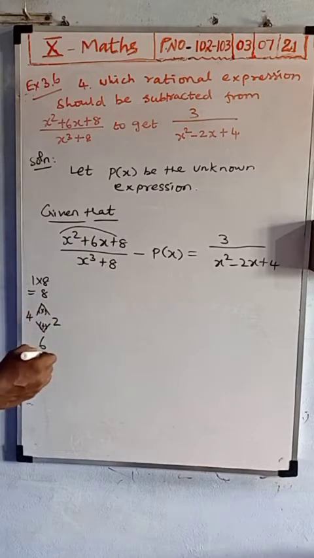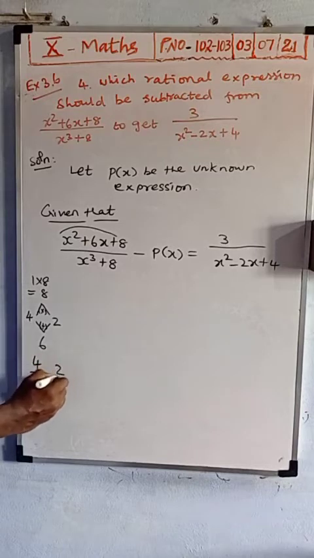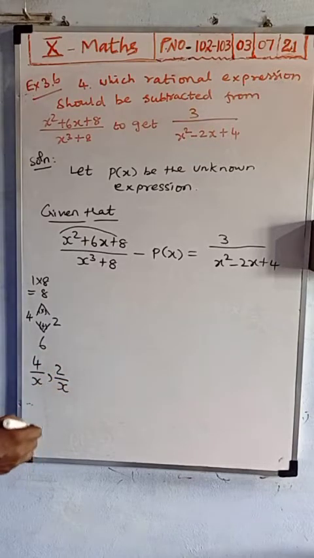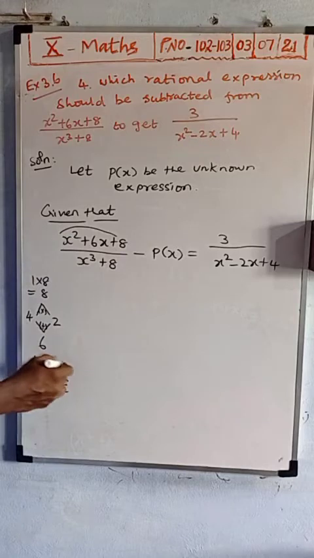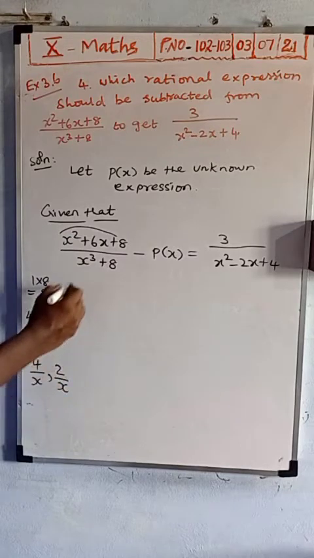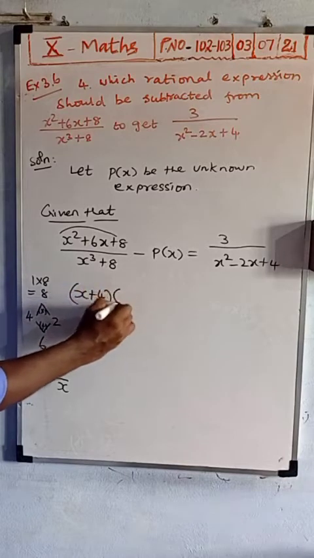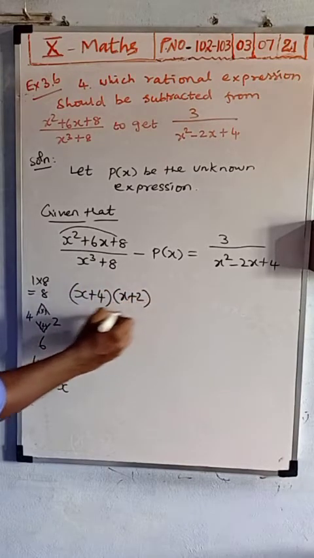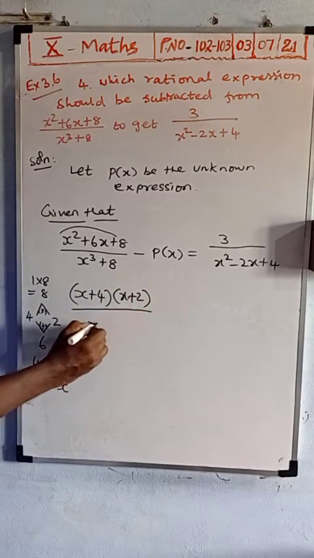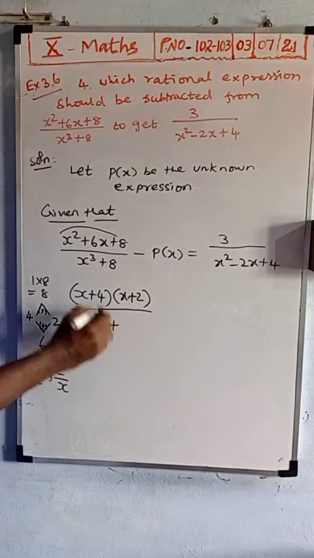So 4 and 2 are the only factors. So 4 you should divide by x, then 2 you should divide by x. Yes, because the x square coefficient is 1, so both the numbers also you should divide by x, which means here the factor is x plus 4 divided by x plus 2 divided by this x cube plus...